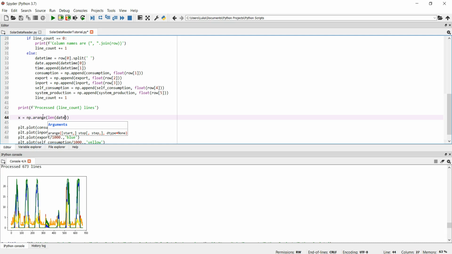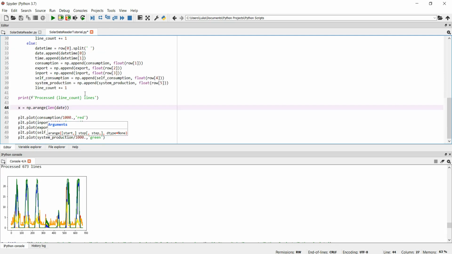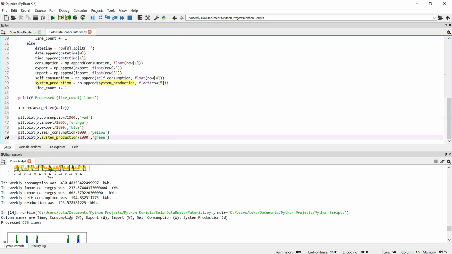So basically what that does is it takes the length of the date, how many values are in the array date, and stores that as x. And then if we just add x to each of these plots, boom, and run it, it's actually